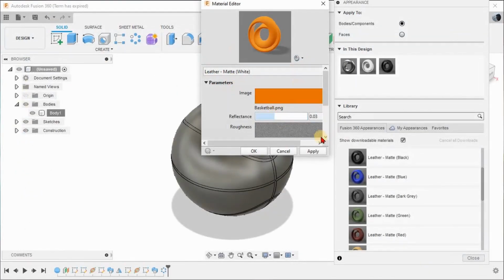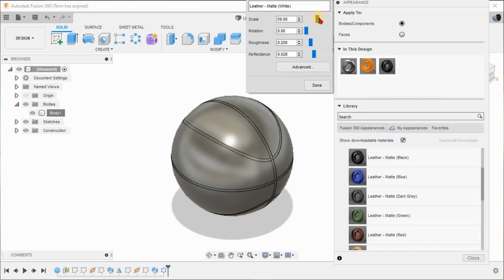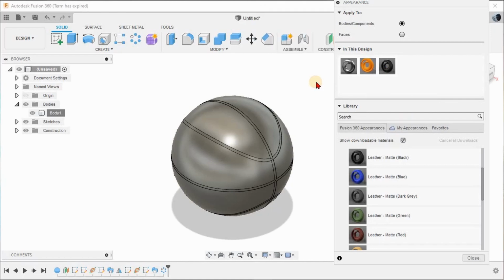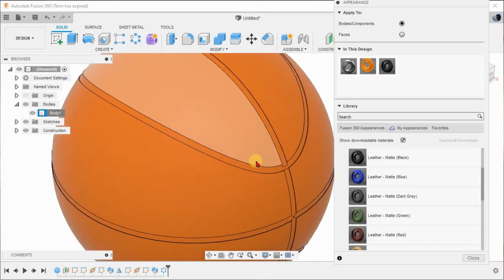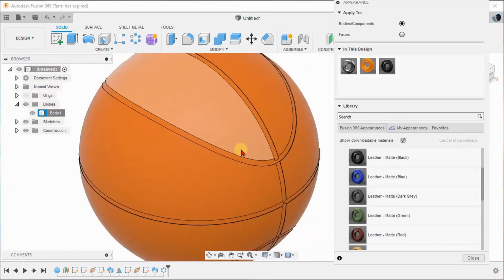Give apply, and again edit it and increase the scale to 70, and roughness to 0.356, and give done. When you apply it you can see the surface roughness. You can see it's looking almost like a basketball.